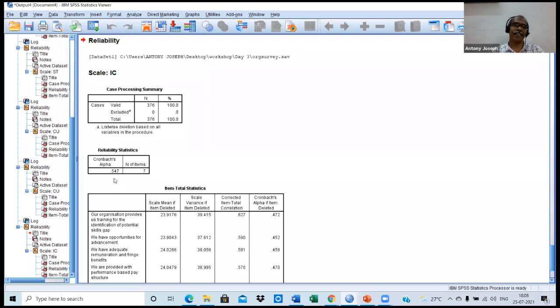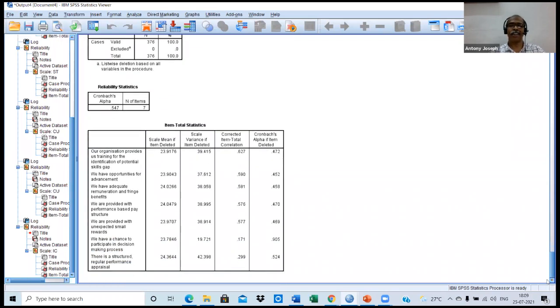This scale is not at all usable. While seeing such a scale at the time of analysis, the researcher will be in great trouble. So we can have a detailed look at these items. See here, one item is having 0.905. That is the second last item. We have a chance to participate in decision-making process. The reliability is 0.905, which is greater than 0.547.